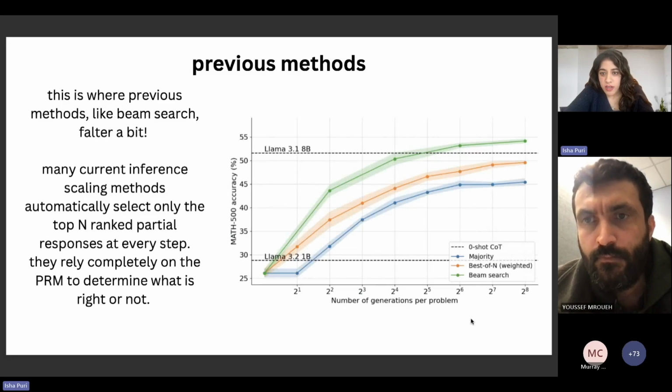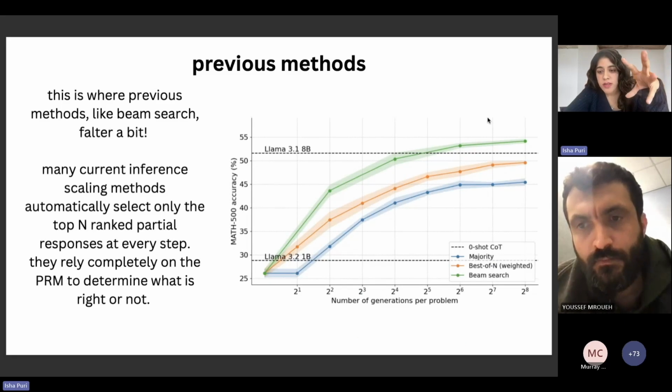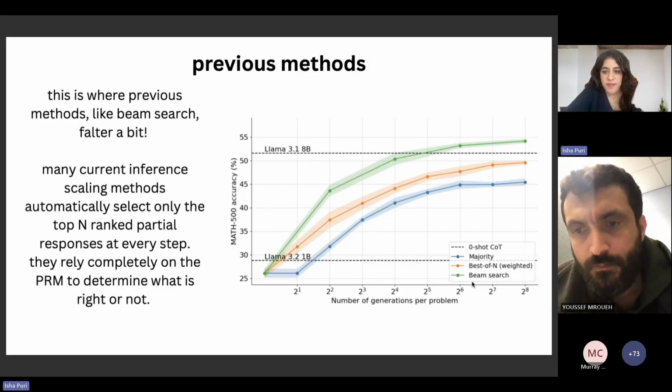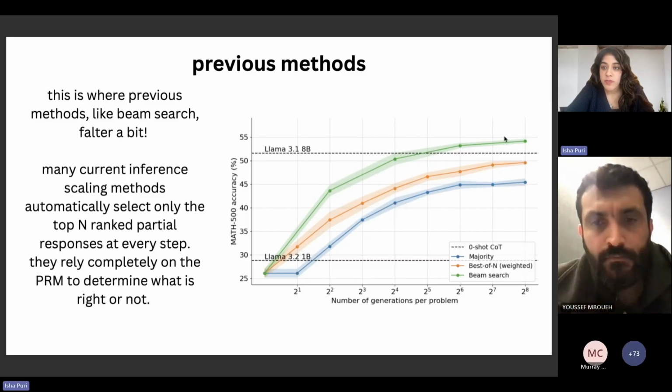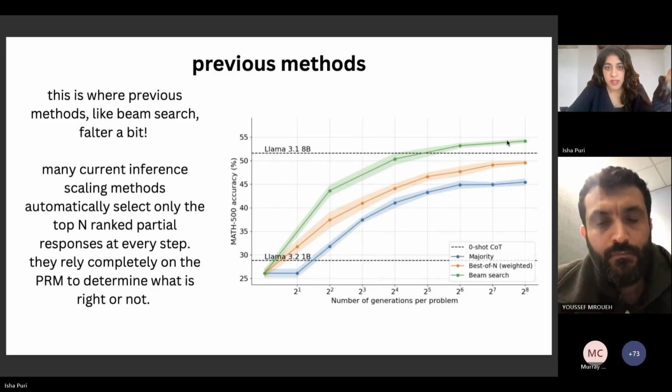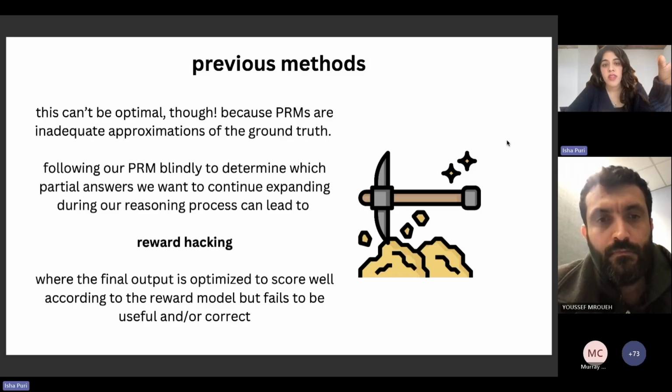Just to give an example of how beam search performs, this is again from our favorite Hugging Face blog. You can see that these are the previous trajectories we were looking at. So this is the majority, this is best-of-n weighted. This green one here is beam search. So it performs relatively well. But there is room to push this even further